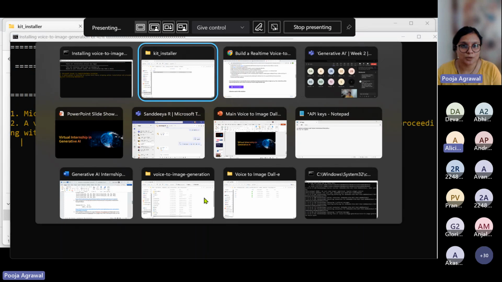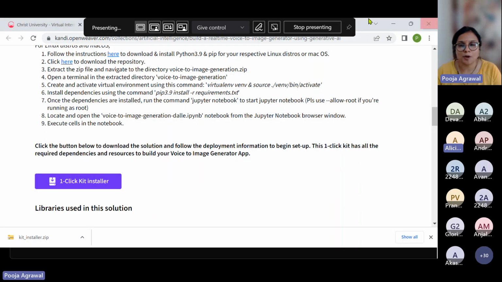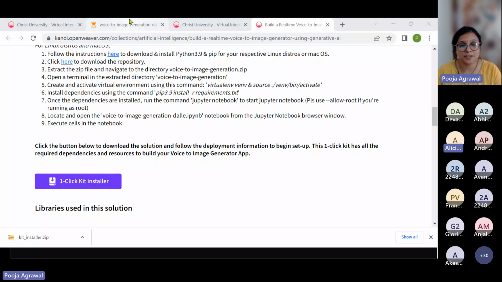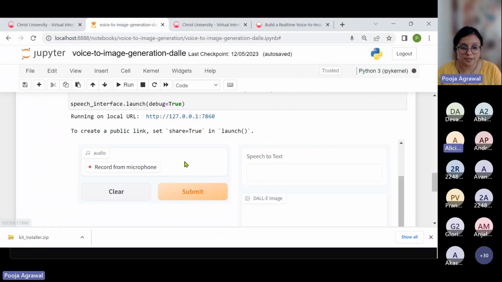In the meanwhile, as this kit is getting set up, I would like to request one of you to give me an interesting prompt that I could enter. Also remember, this is not Midjourney, which is a paid premium access where you get crazy realistic images. Let me showcase one prompt regarding the kit, which is already an interesting solution. I always like to demo this one, because we don't know what our mind can think, and everything in the digital world becomes realistic, things which we may not even have thought of.